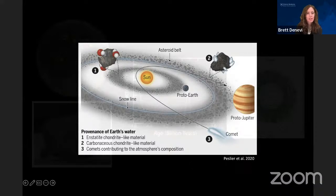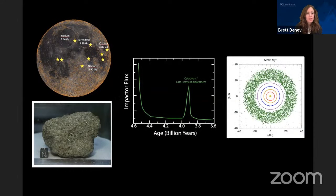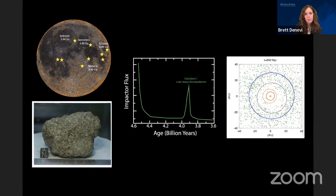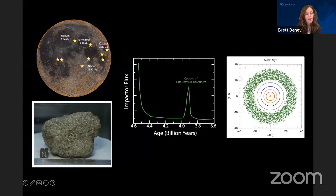all of those things. And we had gotten to the point, I won't say it was a settled story, but things were going pretty well. We had these dates of impact events, samples to date them, an understanding of the early impactor flux, and dynamical models that explained that impactor flux. But